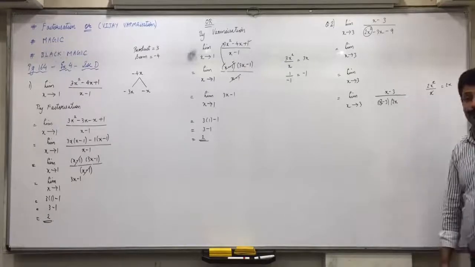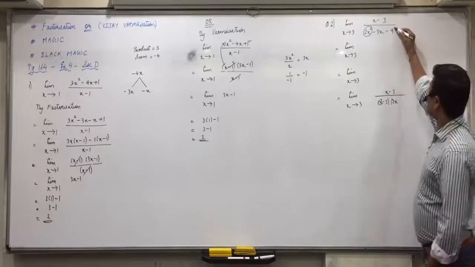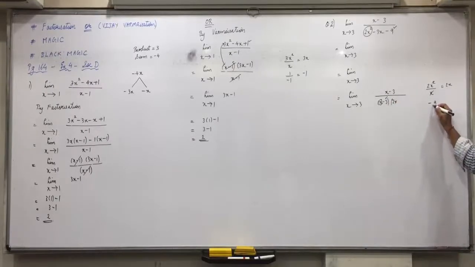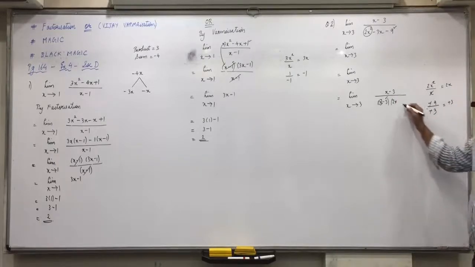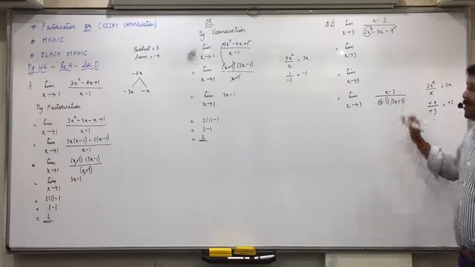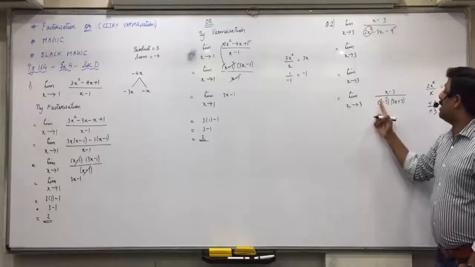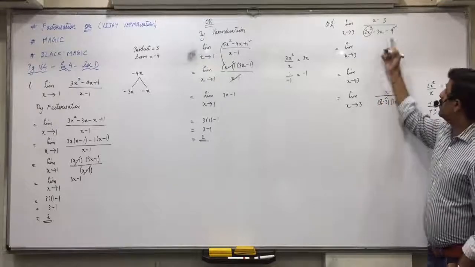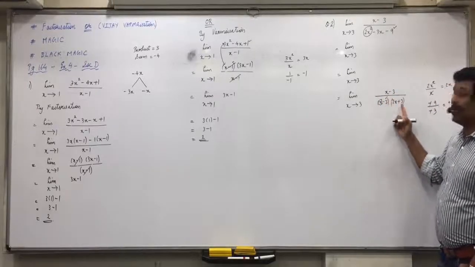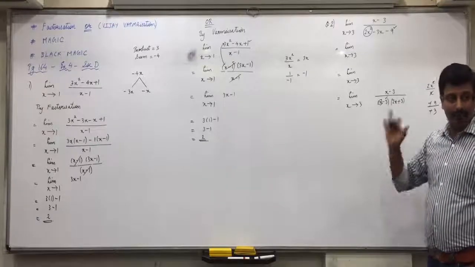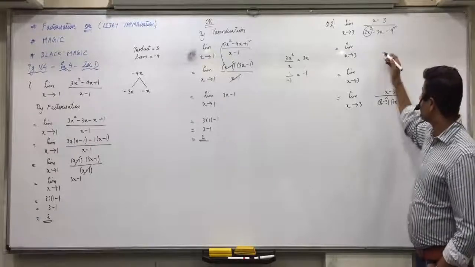Any confusion? And last term divided by last term: minus 9 divided by minus 3 is plus 3. Able to understand this, everyone? Straight away we get the two factors. 2x squared divided by x is 2x, minus 9 divided by minus 3 is plus 3. Any confusions? Now in case in your school they said show the factorization, then what you will do is